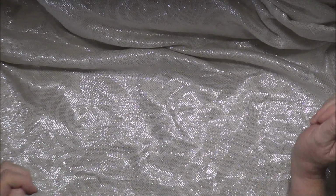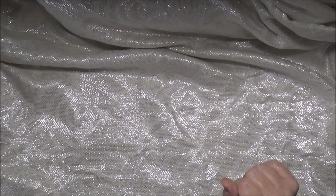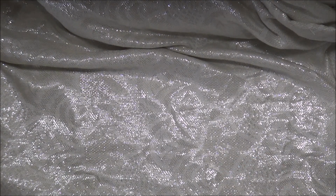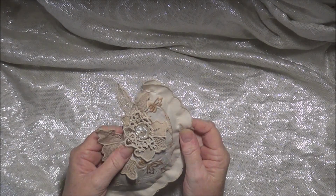Hello everyone, it seems like a long time since I've shared a project with you, or put up a video for that matter. Been busy with children and things, so today I just want to share a couple of different projects with you. The first ones are some lavender sachets, and they're made from doilies, and I followed a tutorial